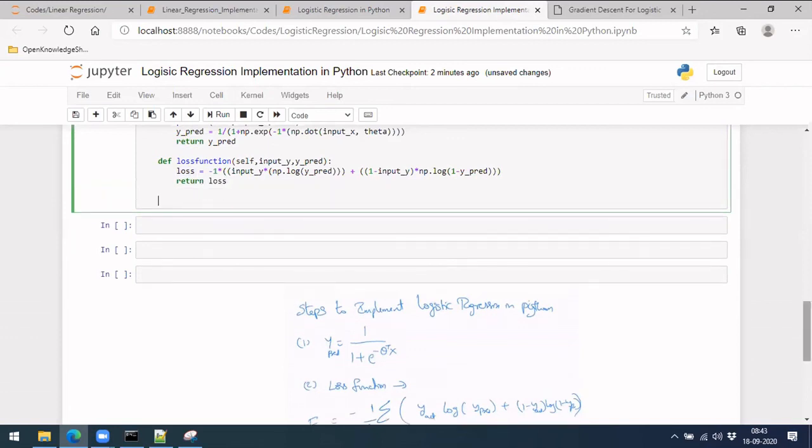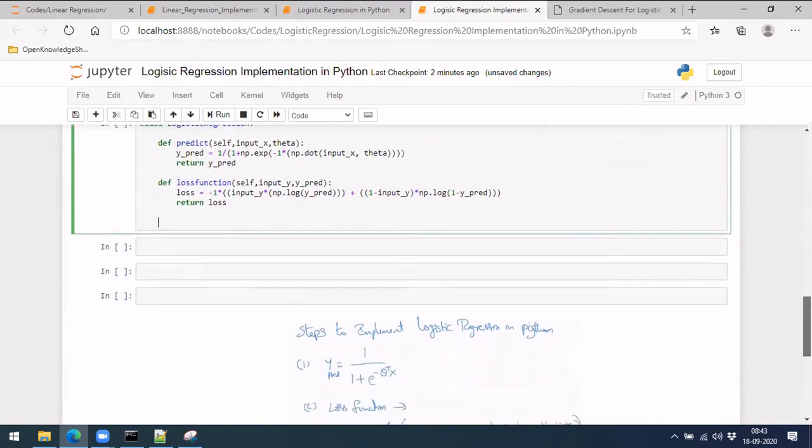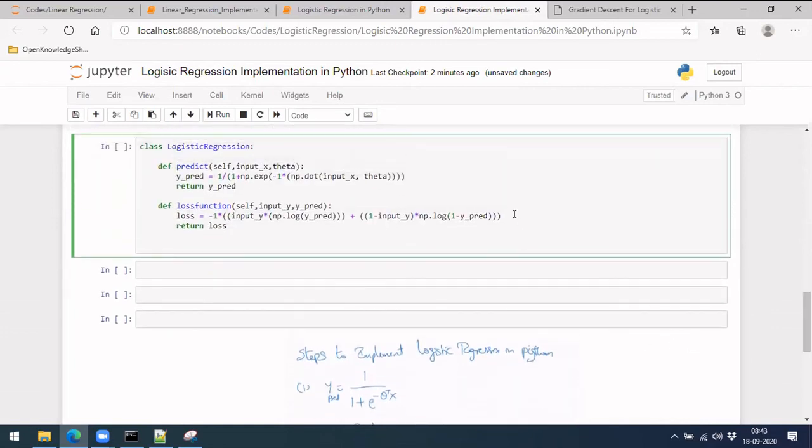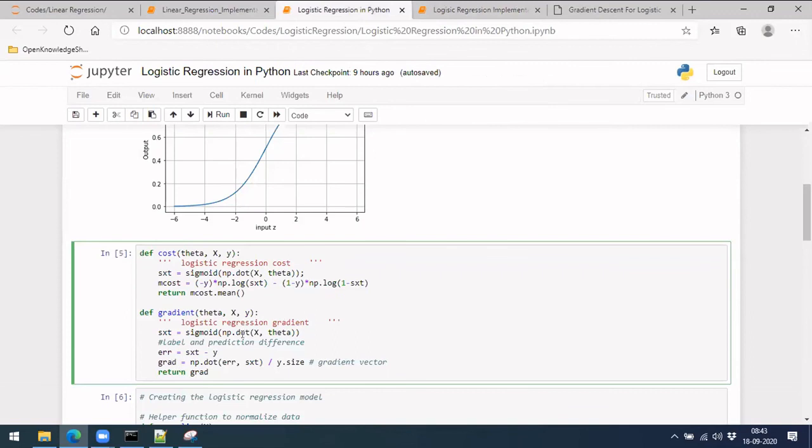So the second part is also done. No, the second part is not done yet. We have only done till here. We also need this thing, which is the mean, right? So how we should do it is loss.mean. This will be enough, this will take care of it and give you the final value. Let me recheck with this. Yes, that is how it is done. Yes, .mean would be enough for doing it.